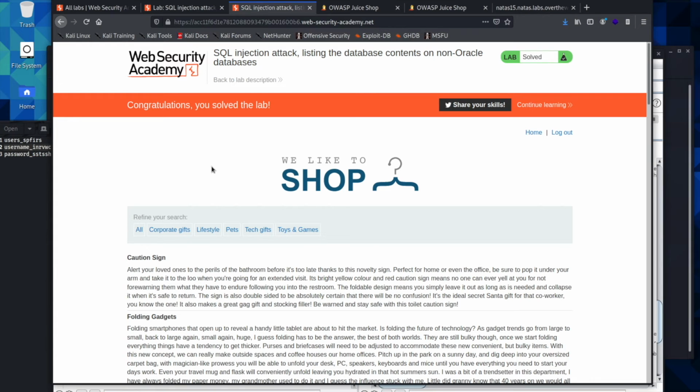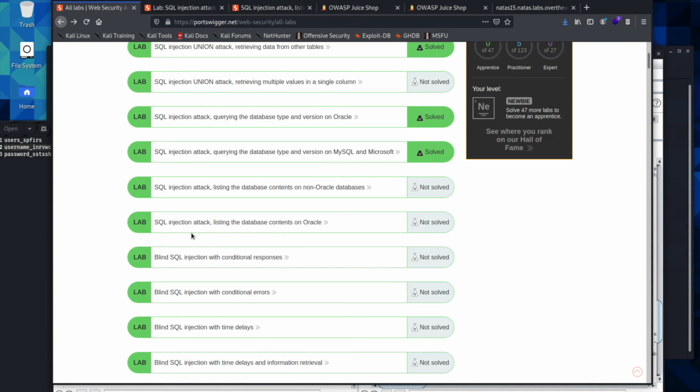The next lab, I believe, is an Oracle lab. Okay, so you can try and solve this one. It's going to be similar to the one that we just did, only you can use the SQL cheat sheet. We'll go ahead and walk through it again just so we can have one more practice before we get into the blind SQL injections, because these are going to use everything we just learned in this lesson plus quite a bit more. We're going to be looking at new aspects within Burp and exactly how to use the Intruder tool